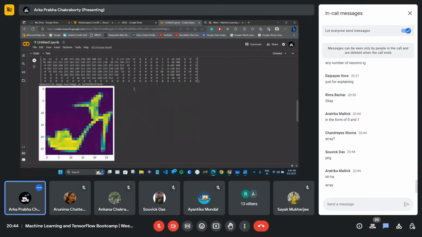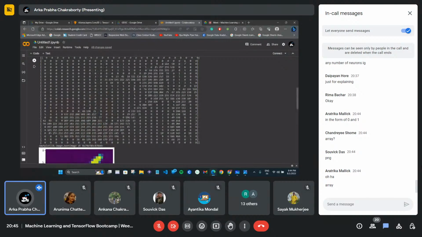So for a convolutional neural network, we have to divide these values by 255, right? If you are doing this big array function, like 30, 35, 179. But why should we divide each value by 255?